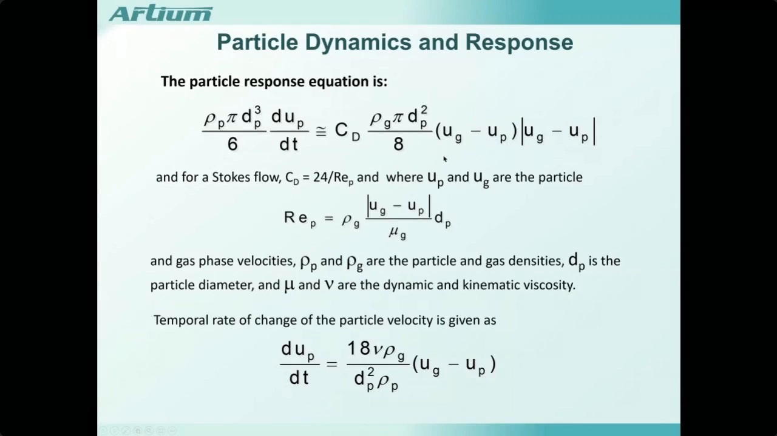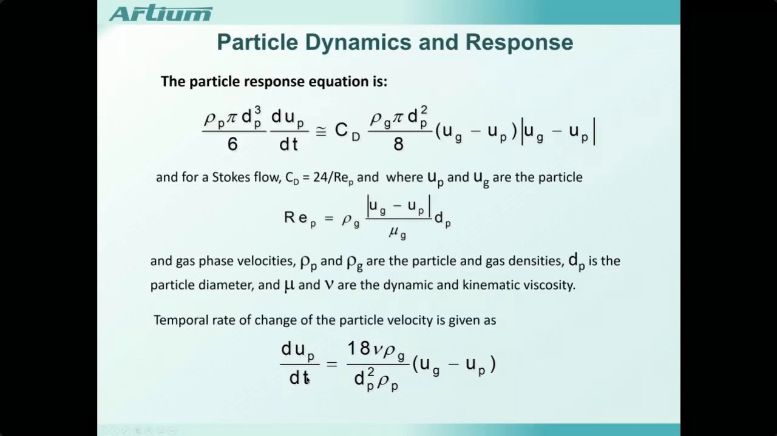We can simplify this equation. We can assume a relatively small slip velocity, and for these small slip velocities, the particle Reynolds number will be small enough to enable the use of the simple Stokes flow drag coefficient, which is 24 over the Reynolds number. And here the densities, the density of the particle, density of the gas, and dP, of course, the diameter of the particle. If we make that substitution, we can get this response